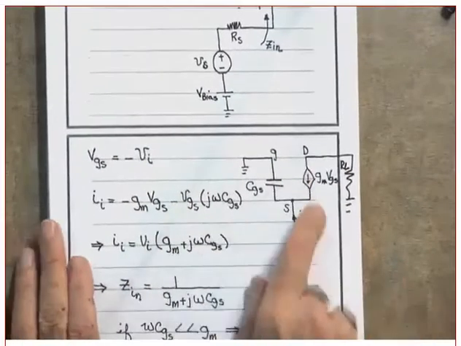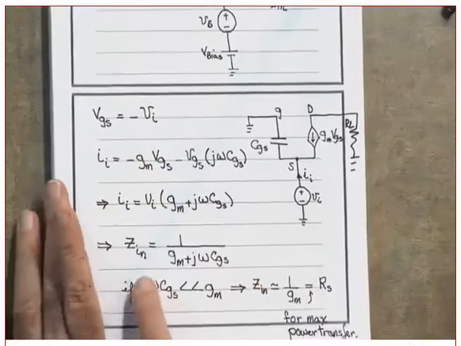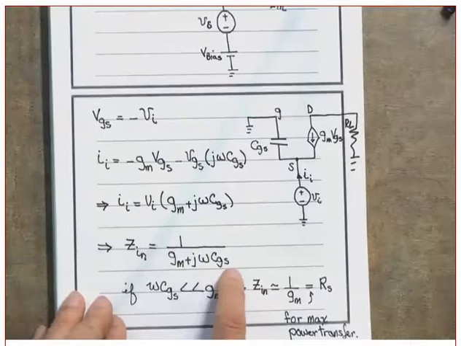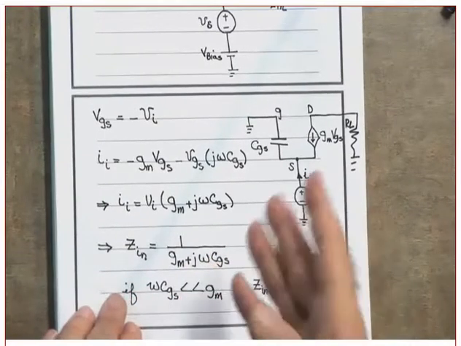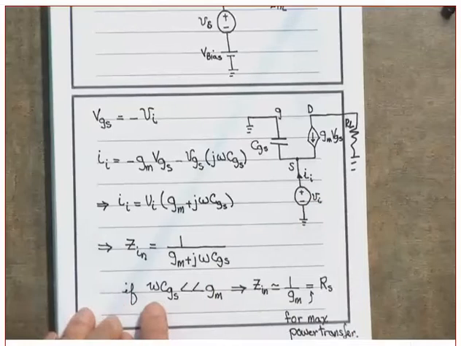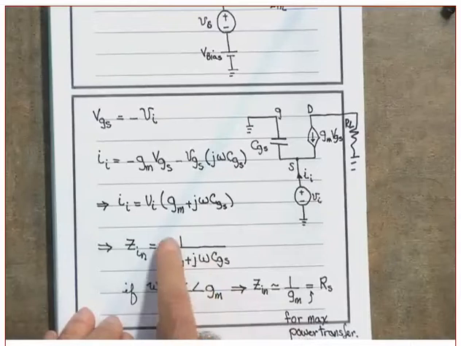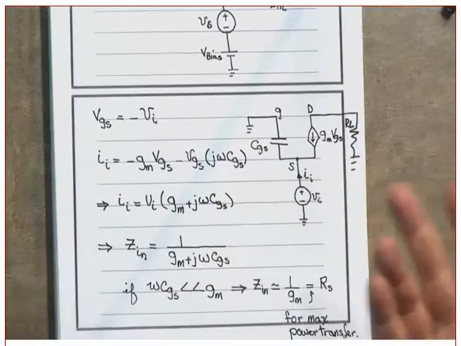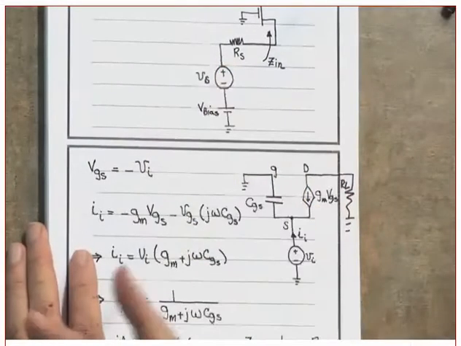So we wrote the equation again, relating the Vn and the In, and we divided one by the other. We got Zn equal to 1 over gm plus j omega CGS. Again, what do you see in here? That the CGS is available here. So unless omega CGS is much, much less than gm, I ignore this term, and I end up with 1 over gm. Is 1 over gm real? Yes, it is real. If I choose 1 over gm equal to RS, this RS here, then I have created a